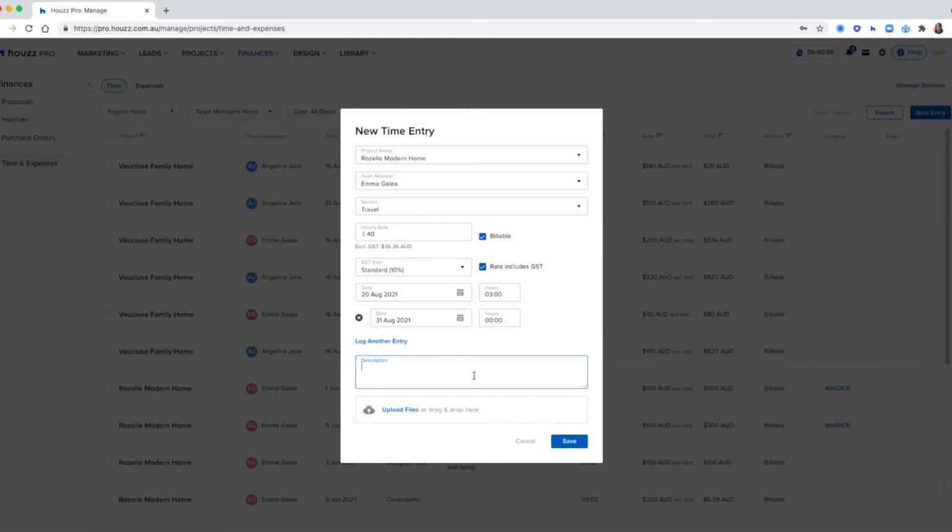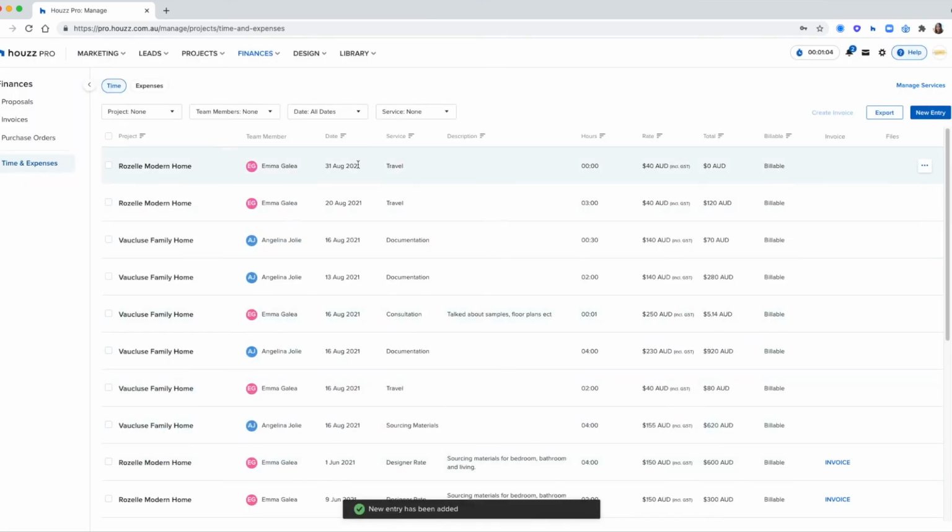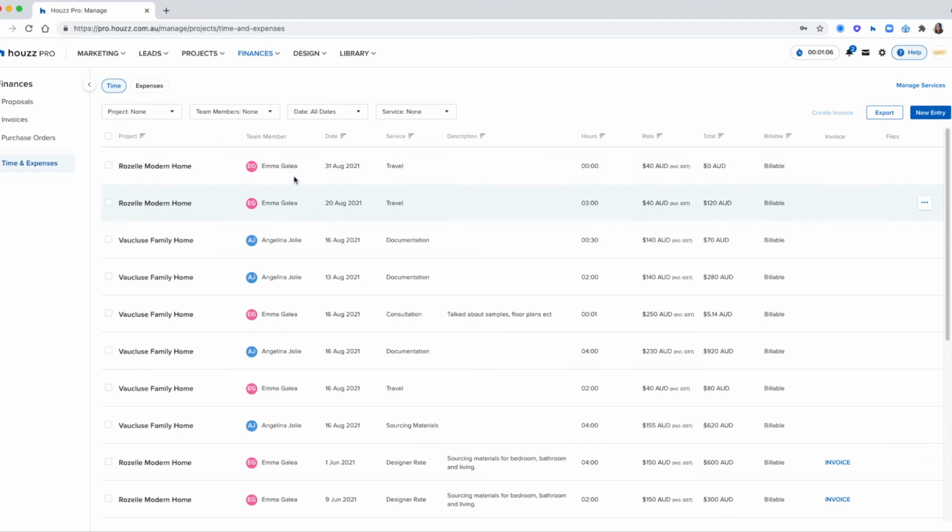You can add in a description and you can actually upload files, which comes in handy for expenses as well. Once you click on save, that'll add in a new entry. We can see at the top here, I've got my 2 new entries for my dates, my services, and my hours. If you wanted to charge this to your client, you can actually tick these 2 boxes and generate an